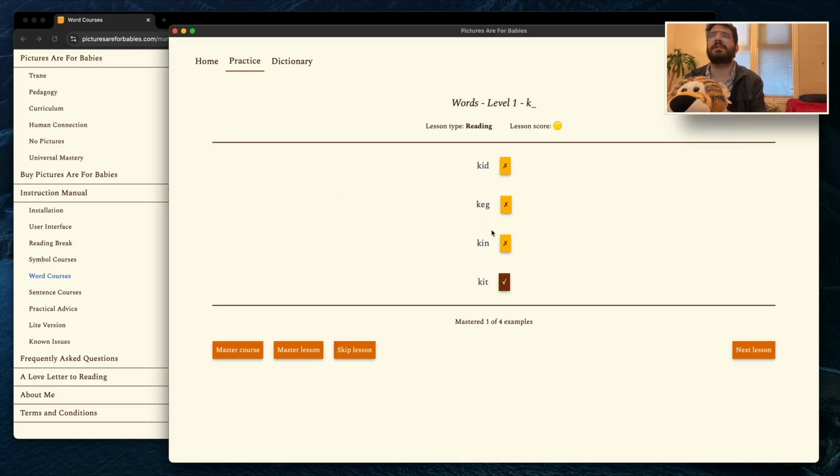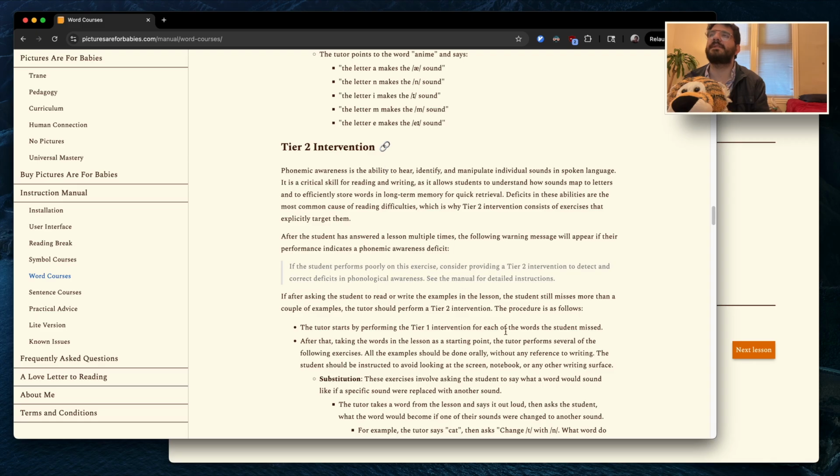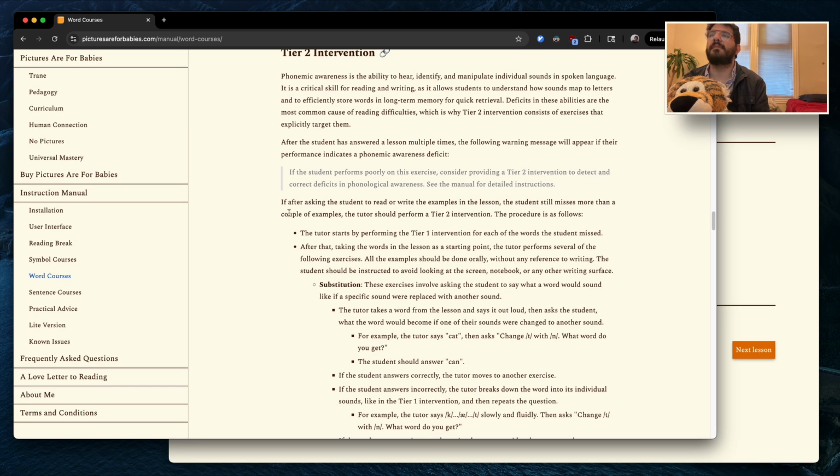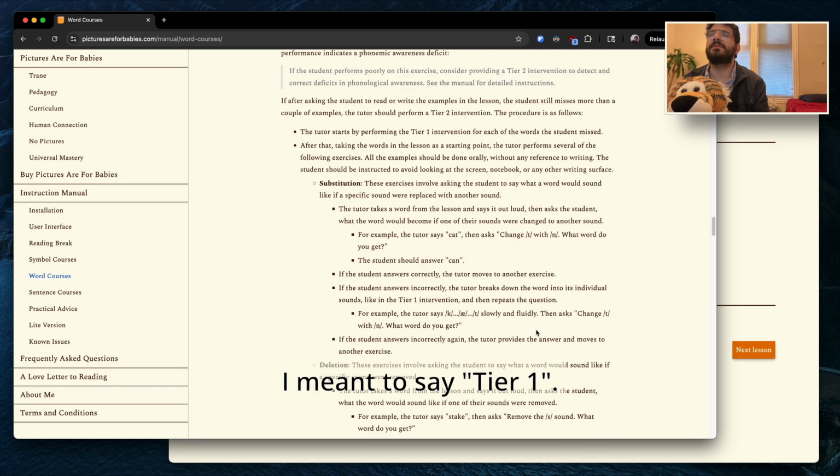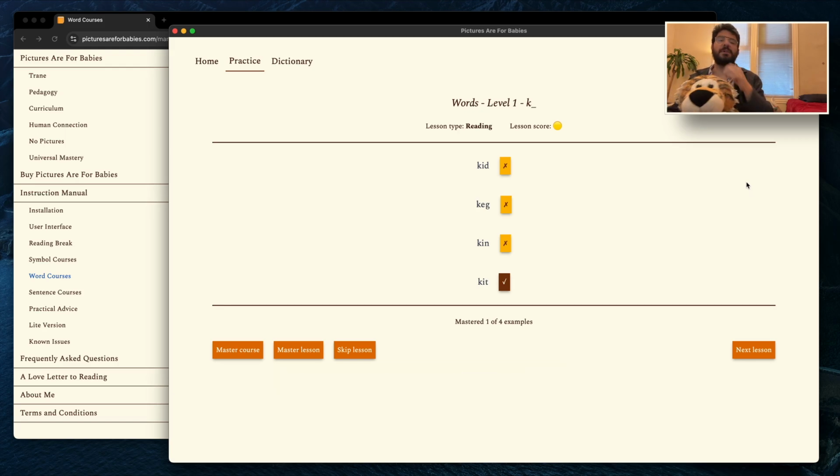So the instructions for tier 2: first, you run the level 1 intervention. So you will go through these words and do the level 1 intervention. So kid, kek, and kin. That's always a part of the higher level interventions, right? So it starts by performing the level 1 intervention, and then we're going to do